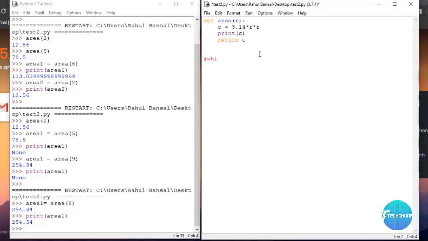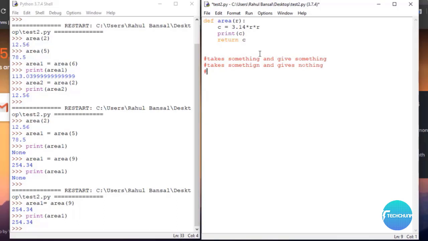First is which takes something and gives something. The second is which takes something and gives nothing.